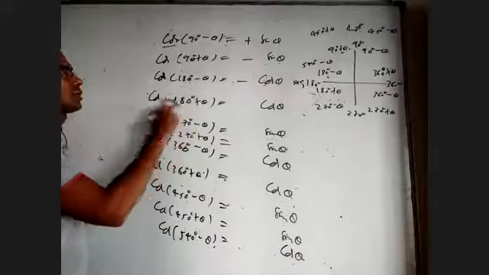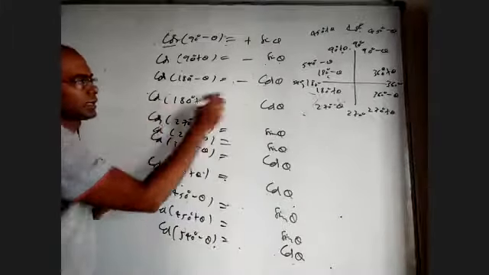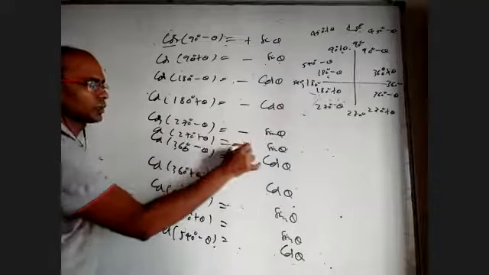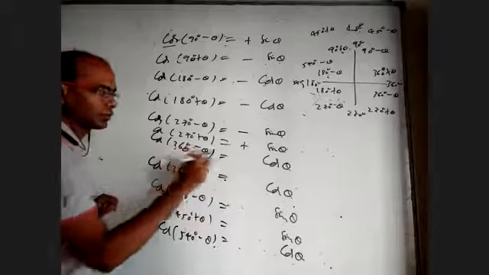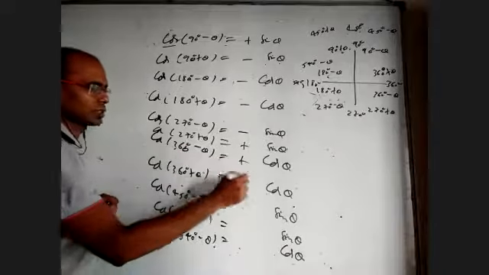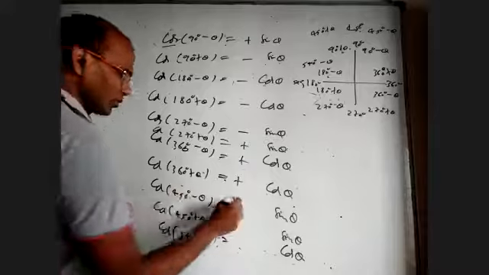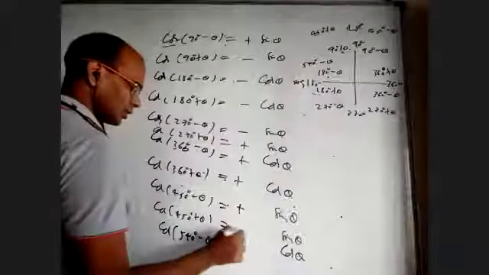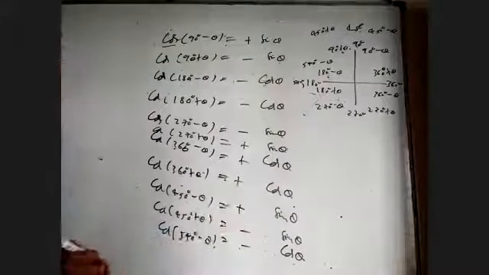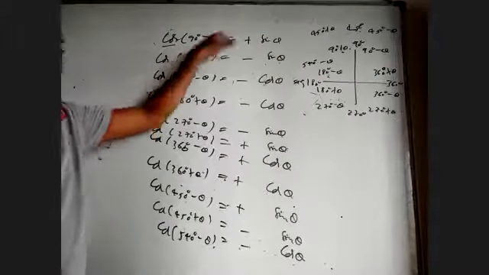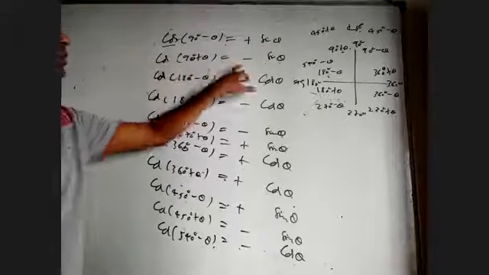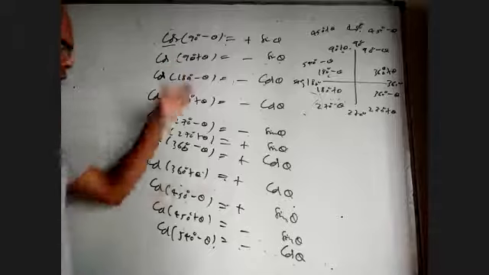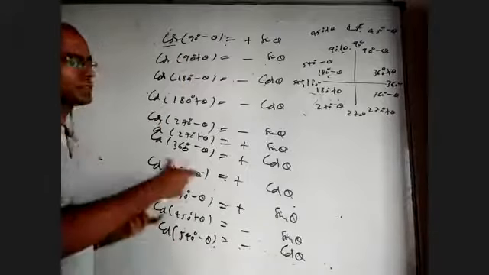180 plus theta is the third quadrant, so cos is negative. This is again the third quadrant, so cos is negative. Fourth quadrant, cos is positive. This is also the fourth quadrant, cos is positive. First quadrant, cos is positive. This is also the first quadrant, cos is positive. This is the second quadrant, 450 plus theta here, cos is negative and negative. So here cos 90 minus theta is plus sin theta, cos 90 plus theta is minus sin theta, cos 180 minus theta is minus cos theta. All those formulas are correct. How to remember is like this, a shortcut.